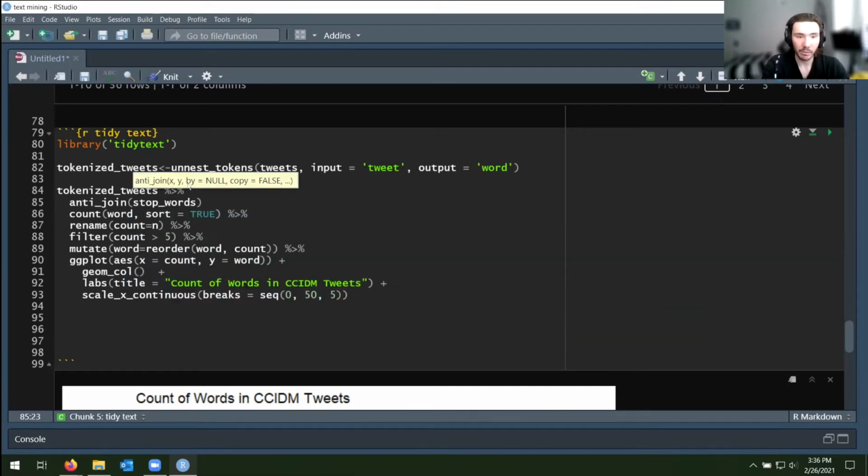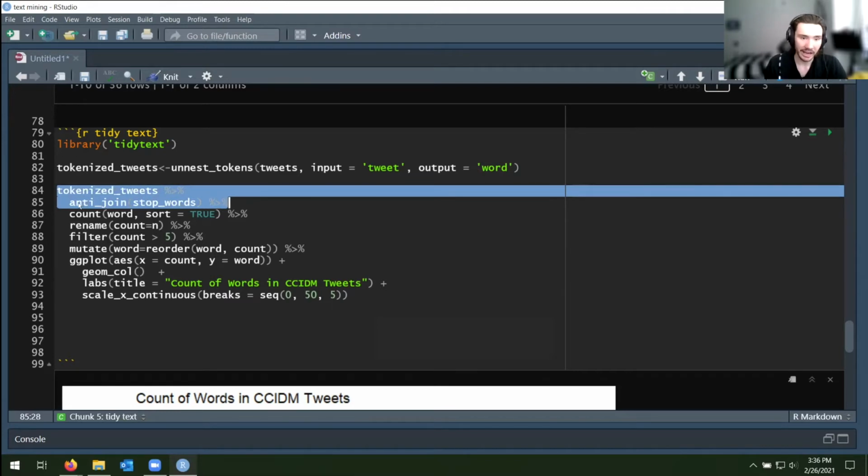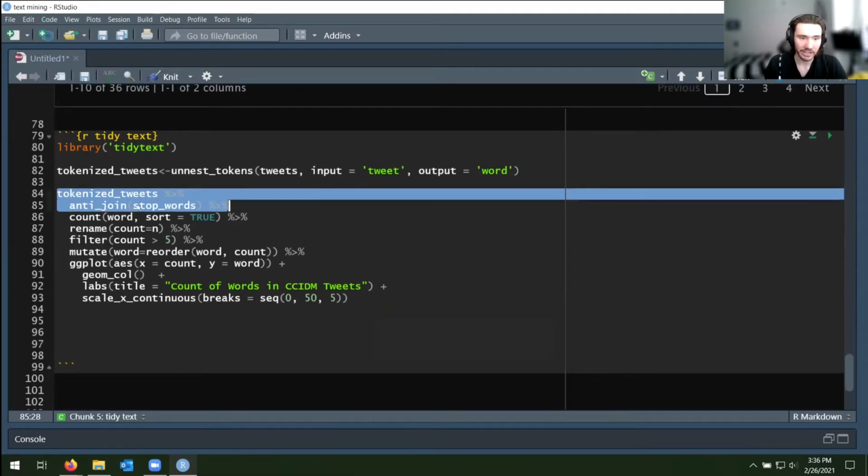The stop words are actually given to us already. We don't need to generate them. It is automatically given to us. So if we look at the tokenized tweets and then the anti-join of the stop words, just that first little chunk,